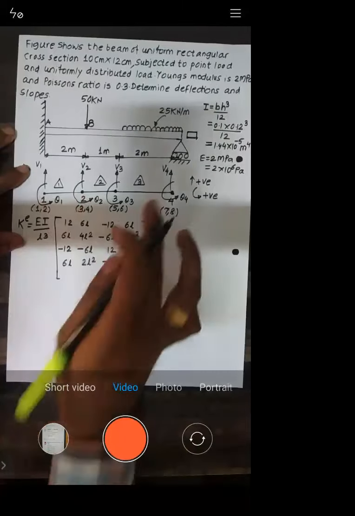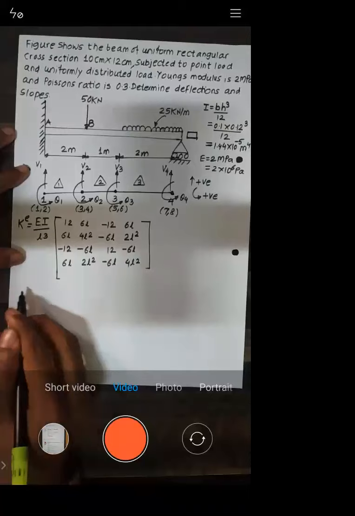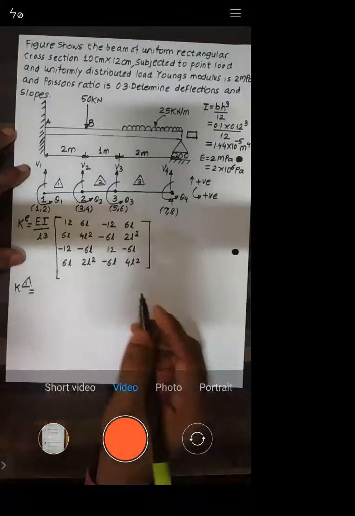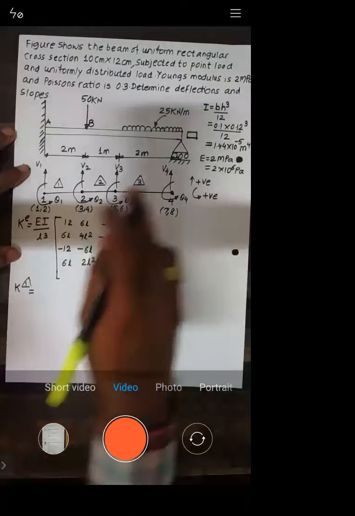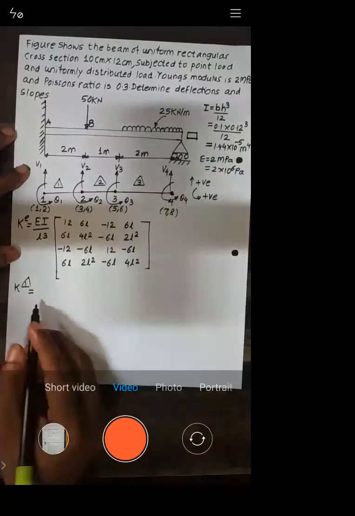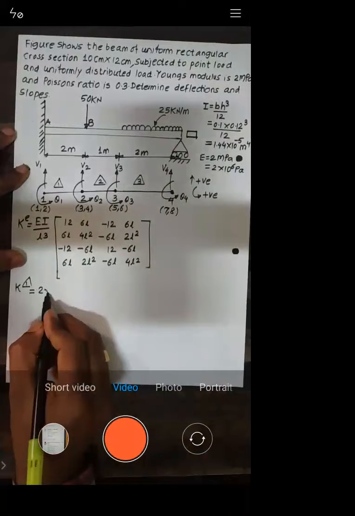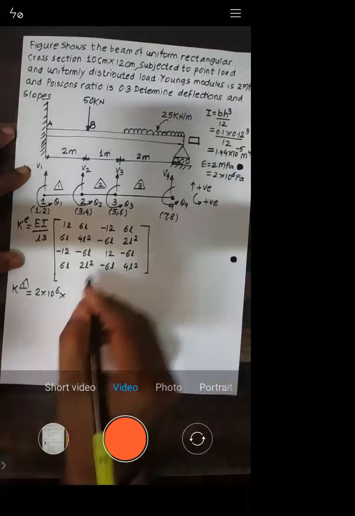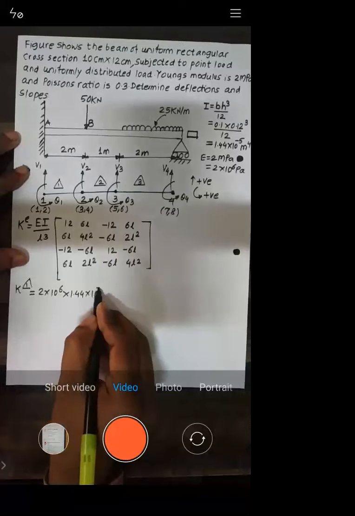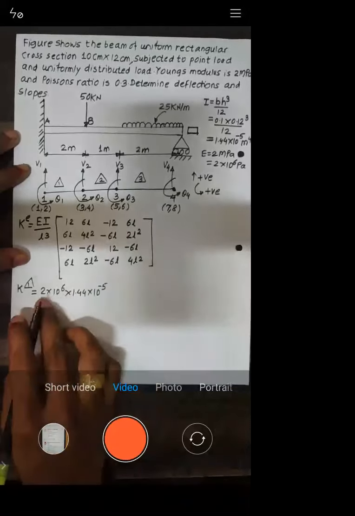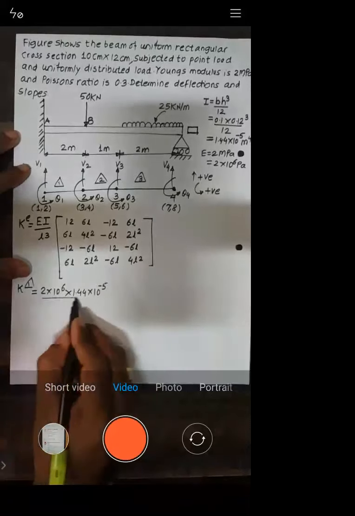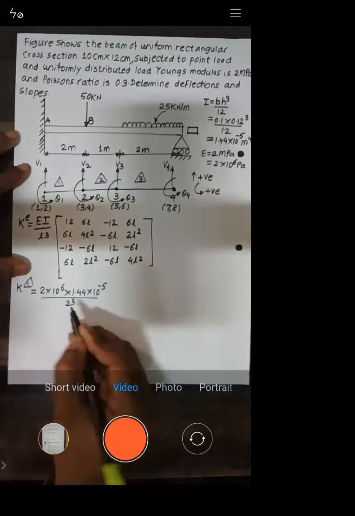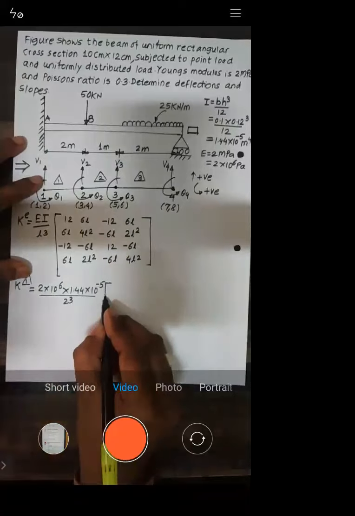So we will form this stiffness matrix for element number 1. E is the same for the entire structure, that is 2 into 10 raised to power 6. I is 1.44 into 10 raised to power minus 5. This is E into I by L cube, where L is the length of element 1, that is 2. Cube. So this is to be multiplied by